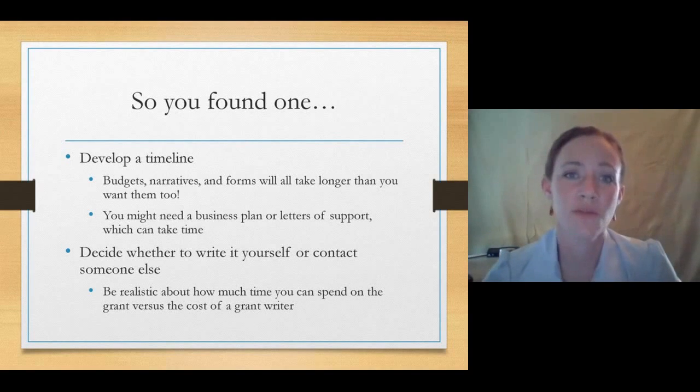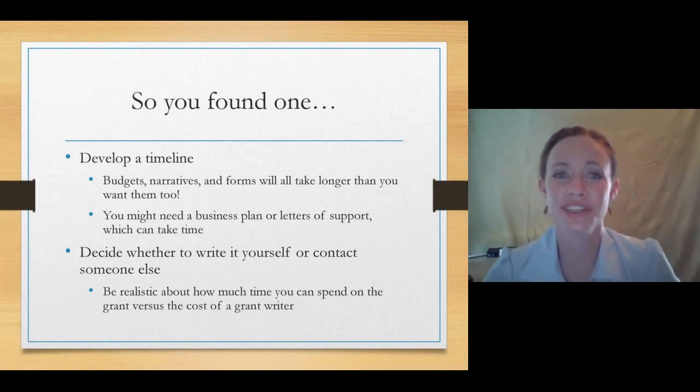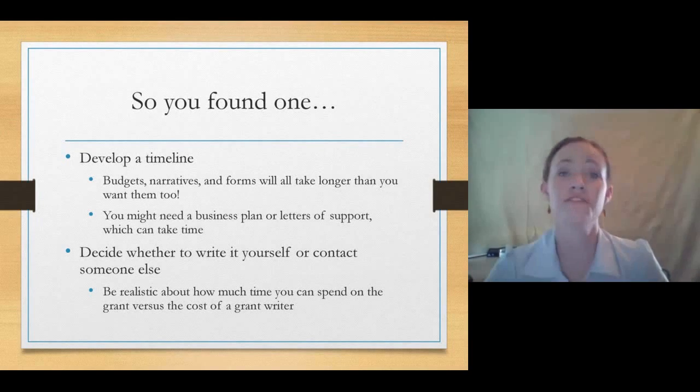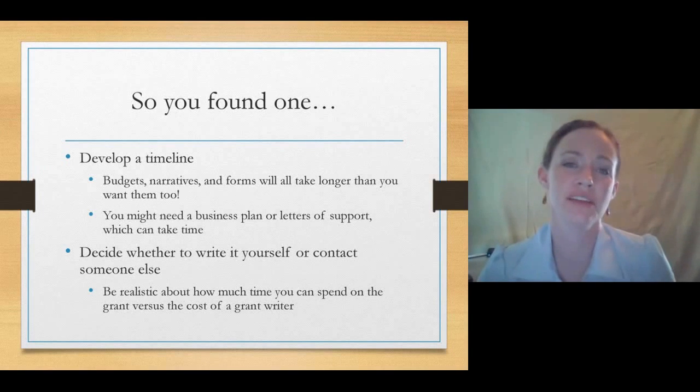I have seen some really well put together grants by grant writers. I have also seen grants where they got the grant, but the grant writer didn't really explain to them what they were going to be getting into and what they were going to have to spend money on. And that's a bad situation. That's not a good situation for the funder, because the funder wanted to give this money to you to do that. And you want to take this money because now you have $30,000 coming in. But it's not written for what you really need it for.